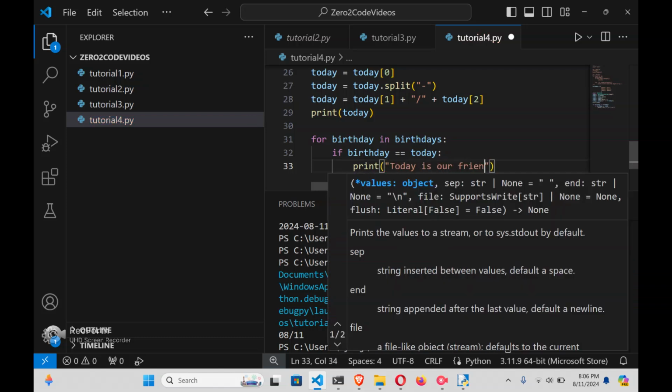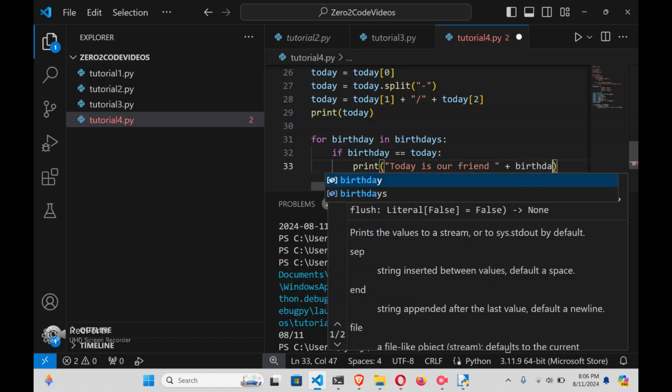Today is our friend plus the name of our friend. So birthday